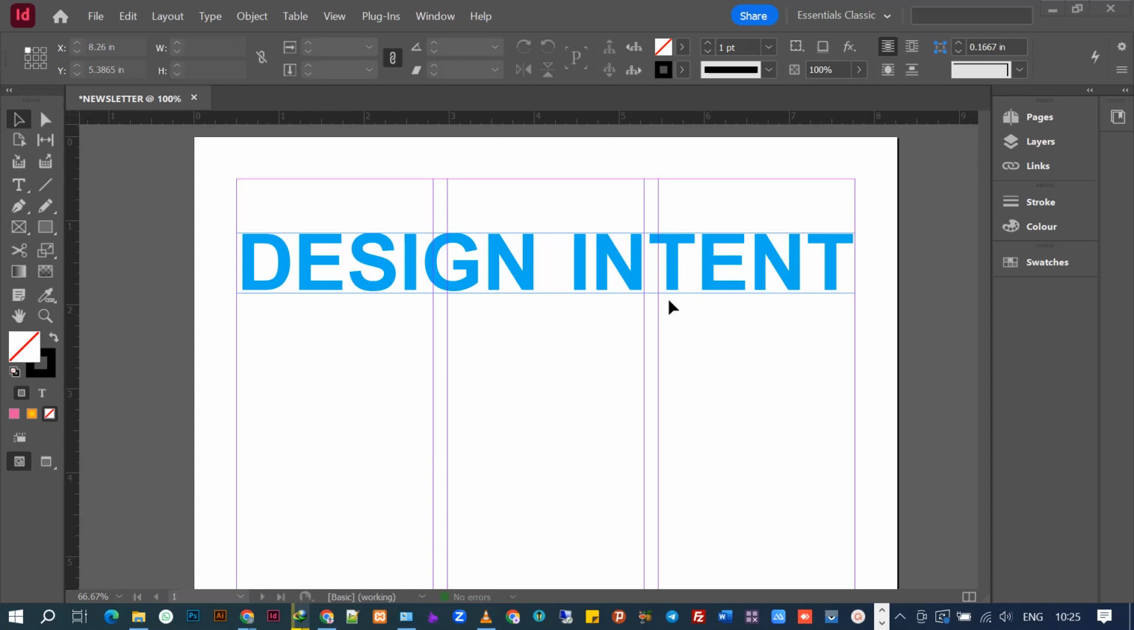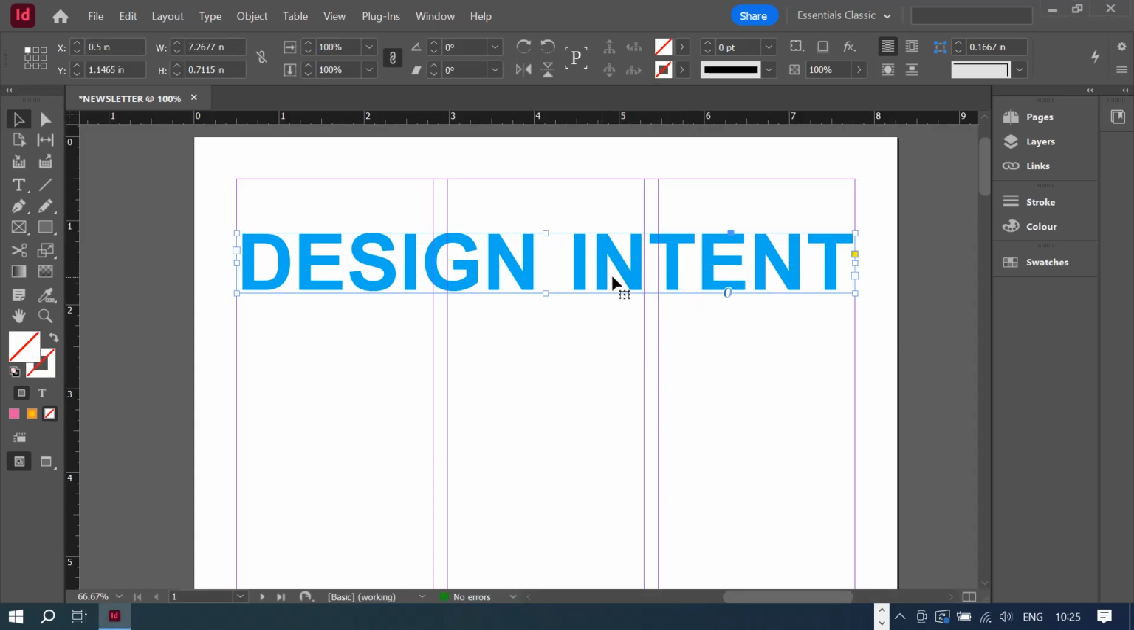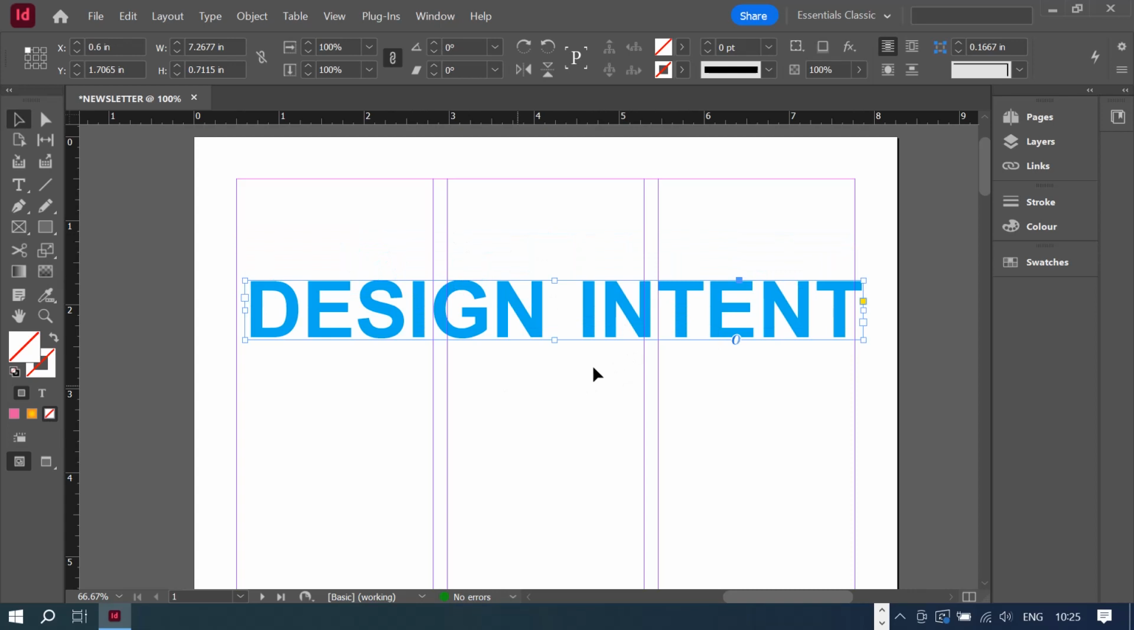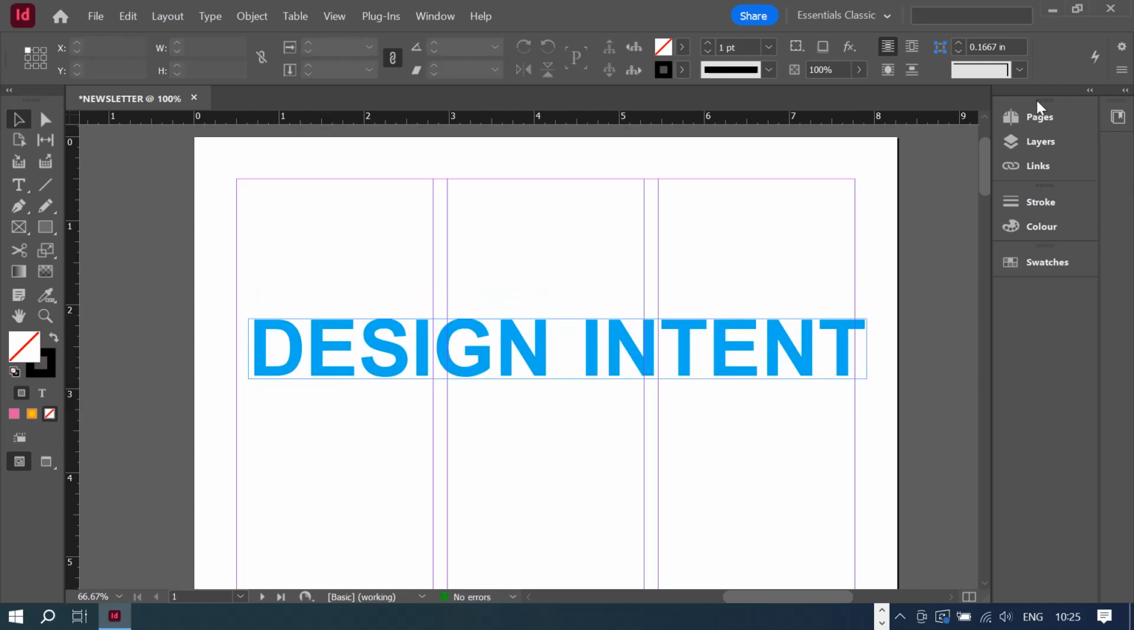Now let's get started with our newsletter design. You'll notice I've removed the line that I drew because I don't need it for now, but when needed, I will redraw it. I'll move this slightly down here. And before we start designing